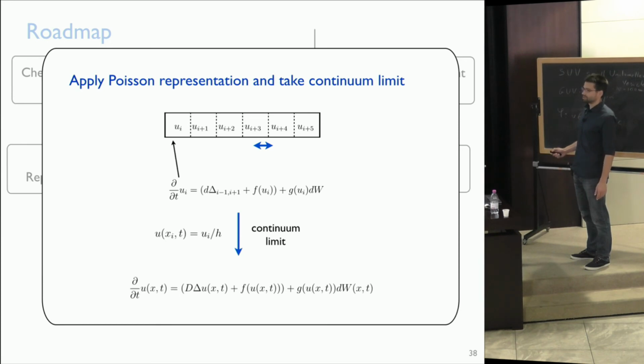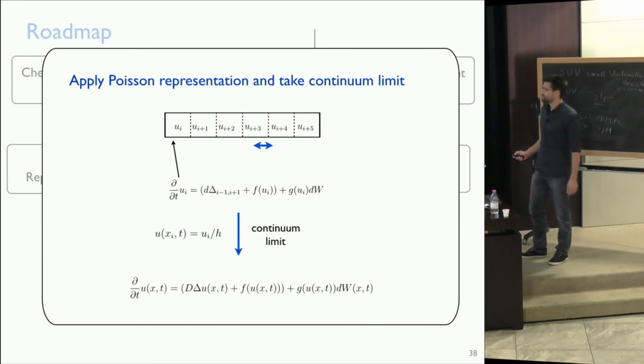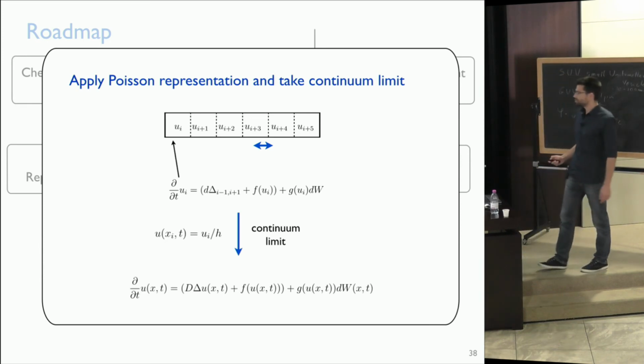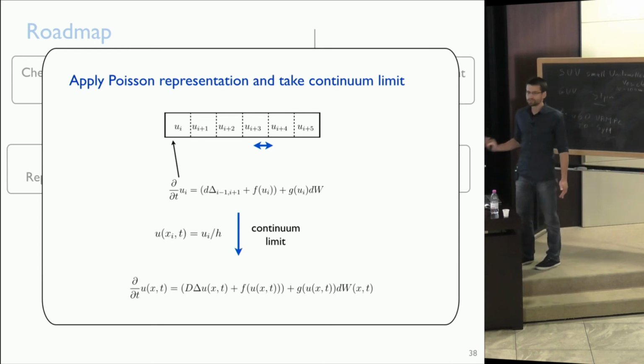We have here a discrete Laplace operator, which describes the jumping between compartments, a reaction part, and the noise term. And as it turns out, if one rescales the parameters appropriately and introduces this field, which is a function of continuous space, then one can take the continuum limit and arrives at a stochastic partial differential equation for this intensity field, where we now have the Laplace operator in continuous space. Now this is not so exciting so far.